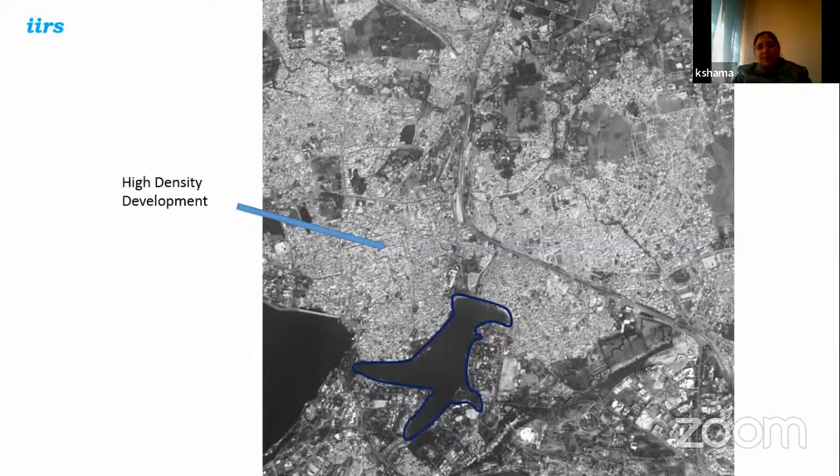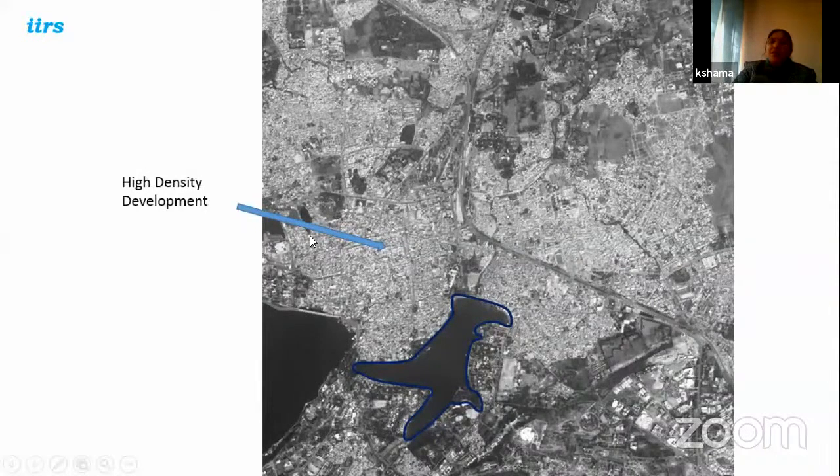These are a few of the examples I'll give here. Like in this image, this is a very peculiar shape of a water body. And this image is of Bhopal. Everybody who is familiar with Bhopal knows that the lower lake has this kind of shape.